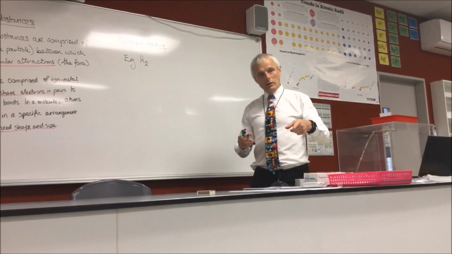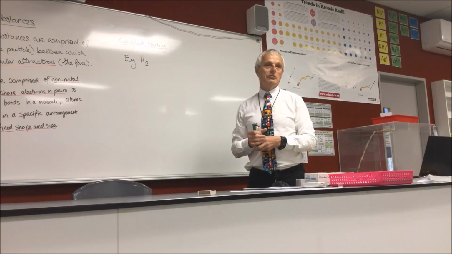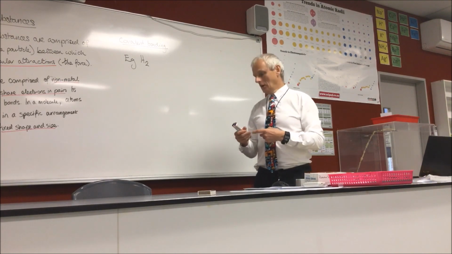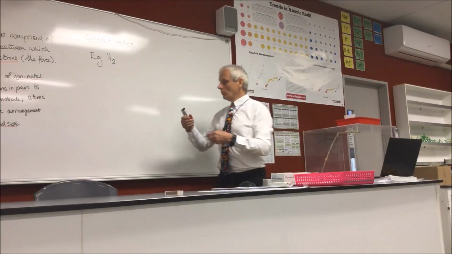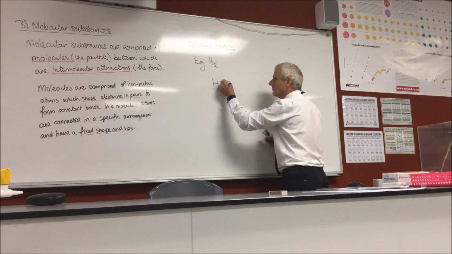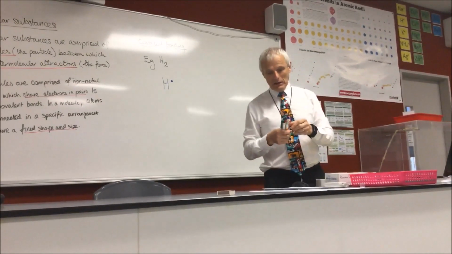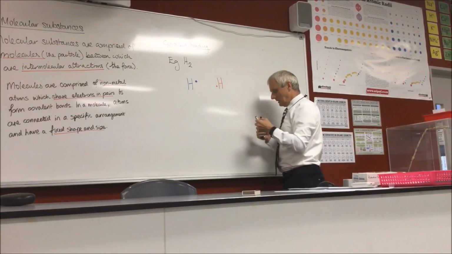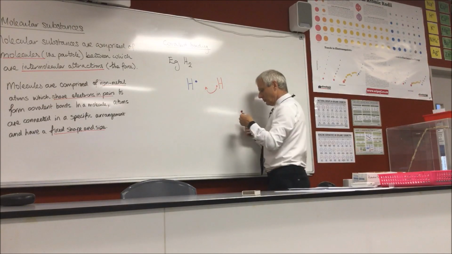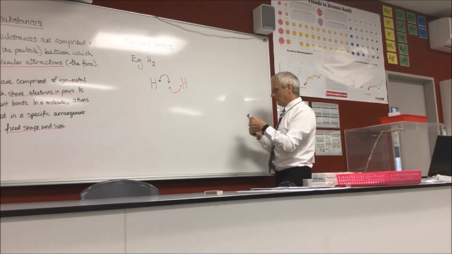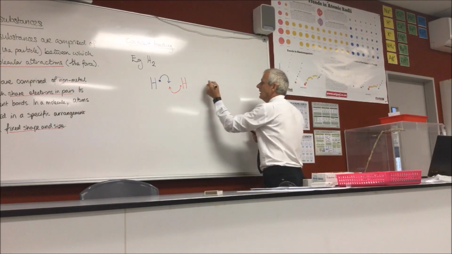If we consider one hydrogen atom, how many electrons? One. How many does it want to get a nice filled level? Two. So what it can do is look around and say we've got one H atom with its one electron, and we see another H atom with its own electron. They can each put their single electron into a pool, if you like, and share them. So what you end up with is,